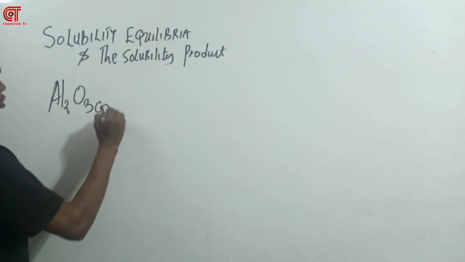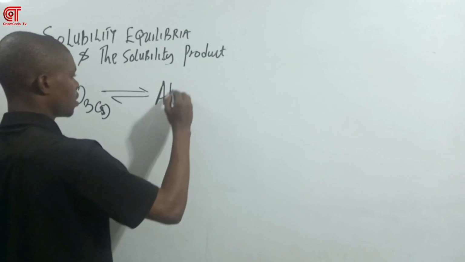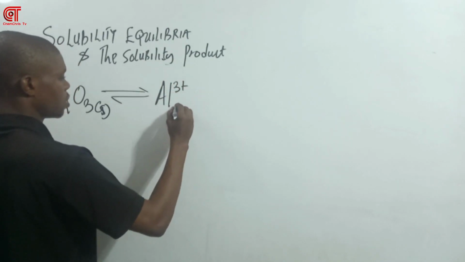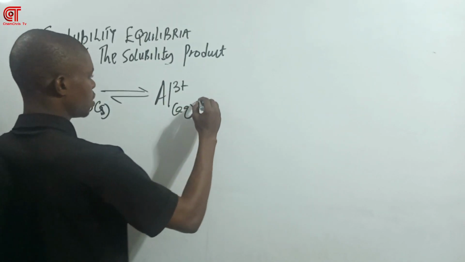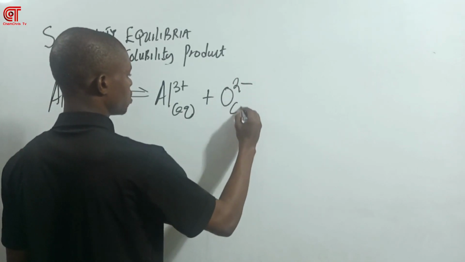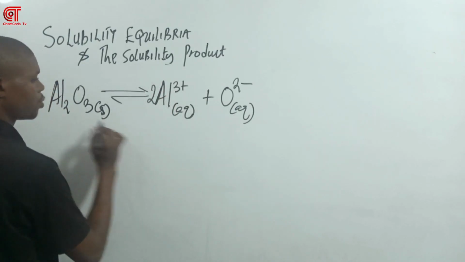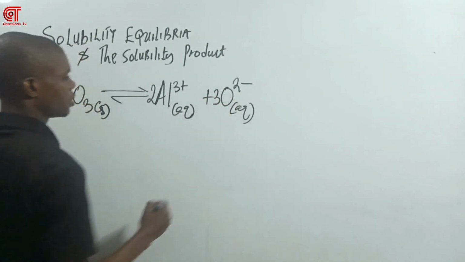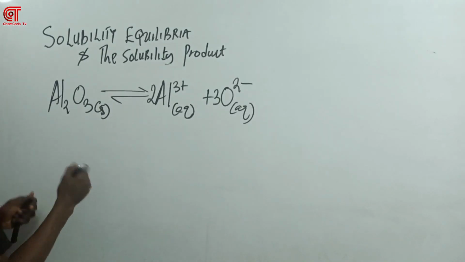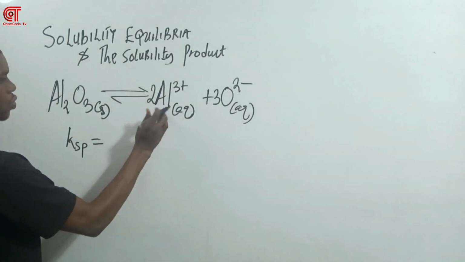Al2O3 solid. What are you going to get? You have Al3+ aqueous, then plus O2- aqueous. So you put 3 here. It's okay. So the Ksp expression here, Ksp is equal to, consider this one here,